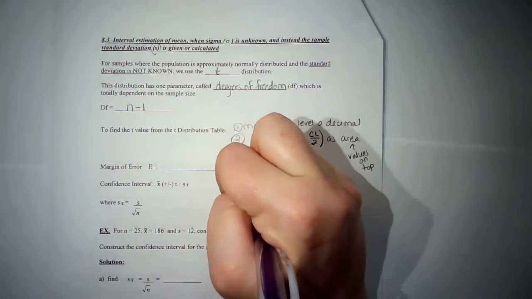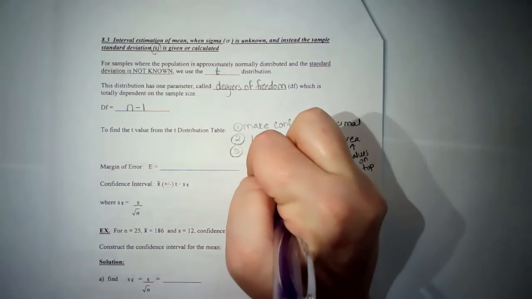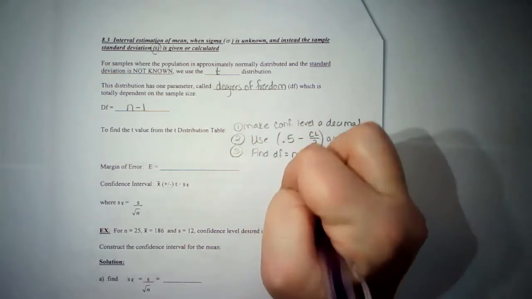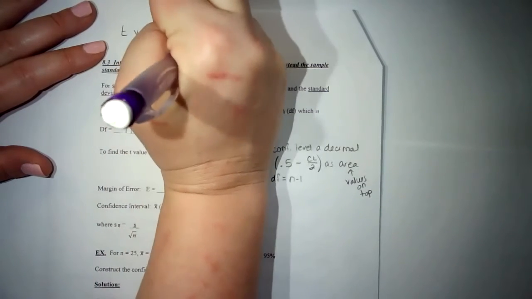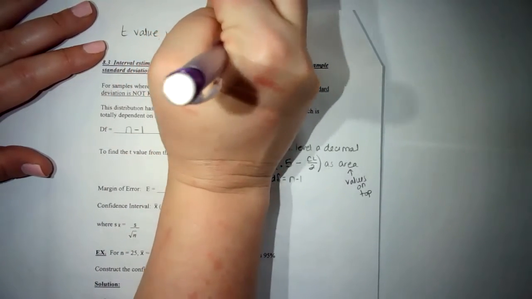Third step, you need to find your degrees of freedom. And we already know that's n minus 1. And then that will give you your T value, okay? Now, your T value is going to be positive unless they mention the end of the tail that it's in, okay? So I'm just going to write up here on the top that your T value will be positive